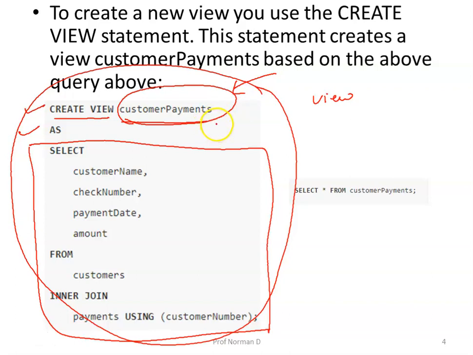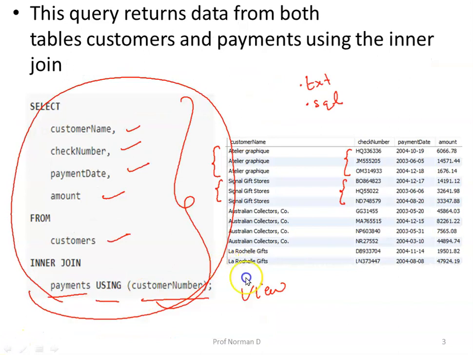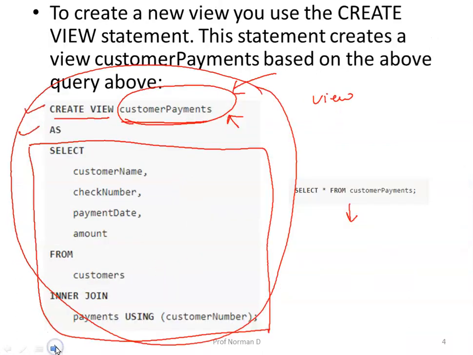Now in future, if I want to gather some information, I can always write SQL statements on this particular view, just like over here. So I am writing a query, say select star from customers payments. This query will give me the same output as the previous output that was shown in the second slide. So the advantage is that I do not rewrite the same query again and again. This entire query I have given a name, customers payments, under the category view.